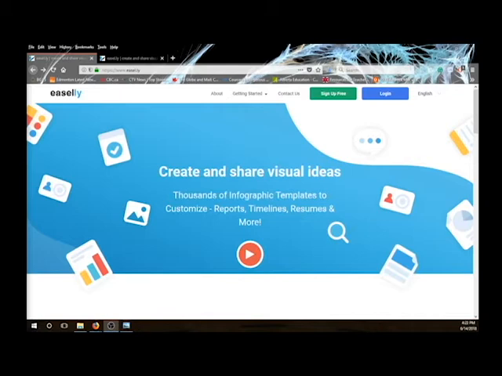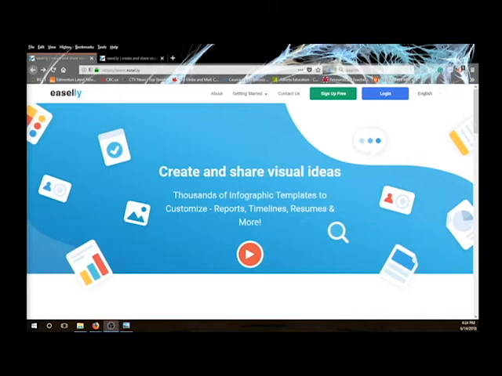You are capable of making infographics with the Adobe Creative Suite, like Adobe Illustrator and Photoshop would be more than sufficient, even way better than using Easily. But Easily is a good free source for you guys to use, and you can sign up for free. There are some paid options when it comes to Easily. To download into PDF in the file format that you want, that is a paid feature,